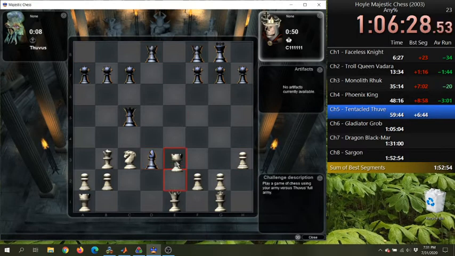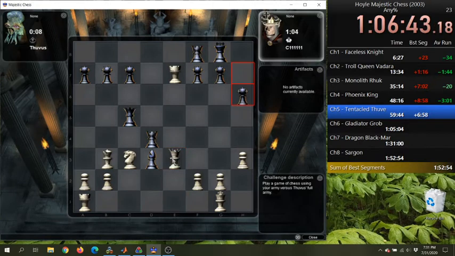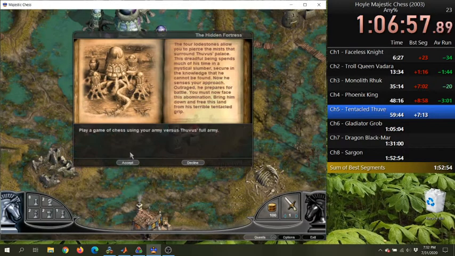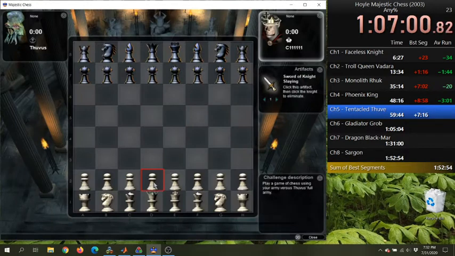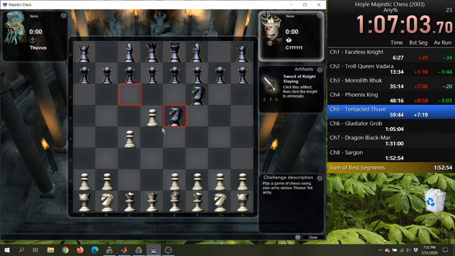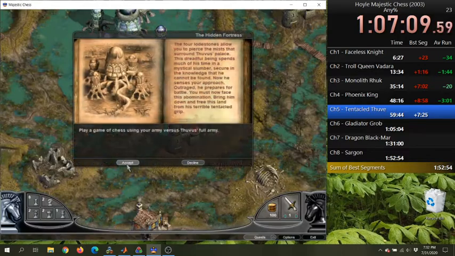Should make some kind of escape route. Oh, bugger. Okay. That's enough to force a reset. That's fine.